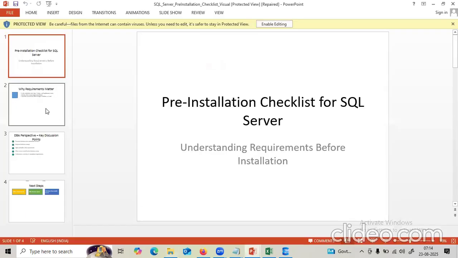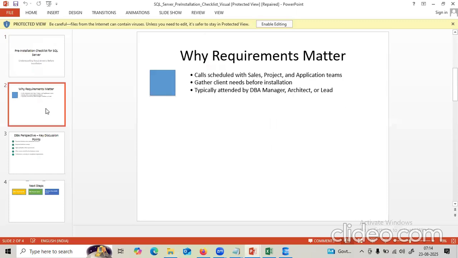Onboarding the customer and initiating a project, or installing SQL Server, is not done in 1 or 2 days. It's kind of a project, and a lot of people are involved. Initially the project team and the sales team will be involved. Later, it will be handed over to the database team and application team to design the backend and front-end applications